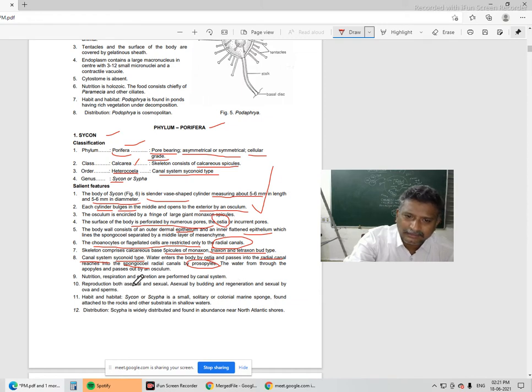Yes, reproduction is both asexual and sexual. Asexual by budding. Regeneration is also there. In the sexual method, ova and sperms develop. But when we see the characteristic features, there is no need to discuss sexual and asexual reproduction. Even the inner canal system we are unable to find. Simply when we see with our naked eye the morphology, what characters are exhibited by them, by which we have to identify that the organism belongs to that animal.